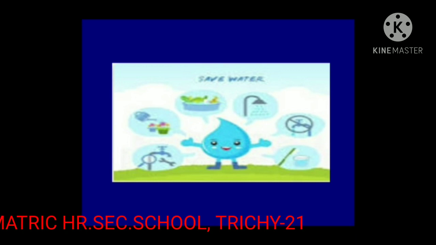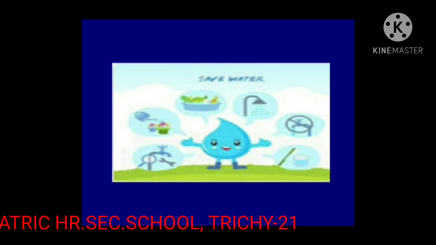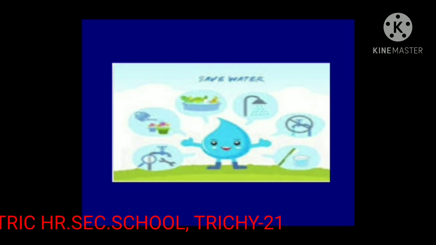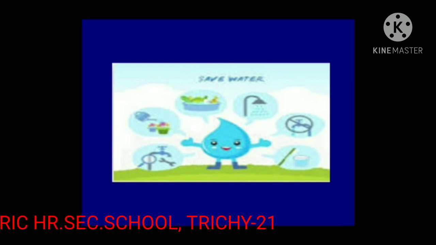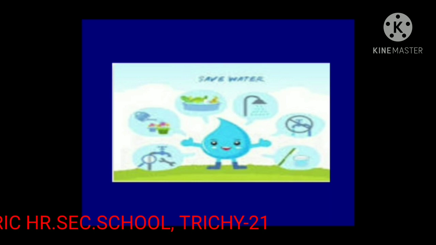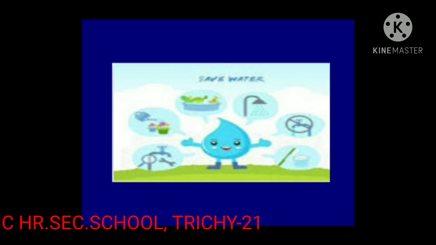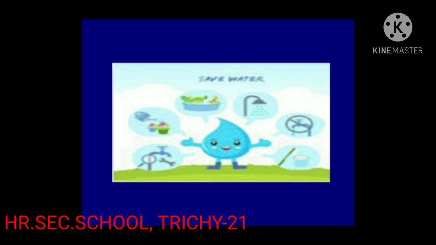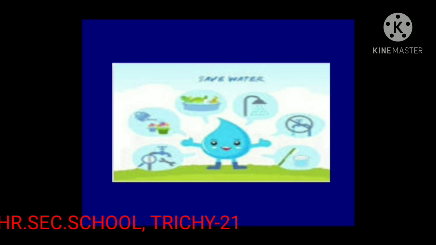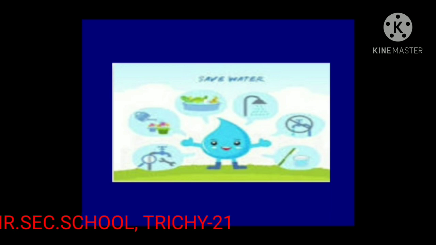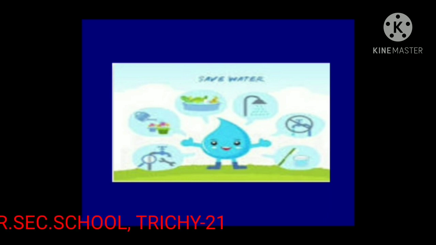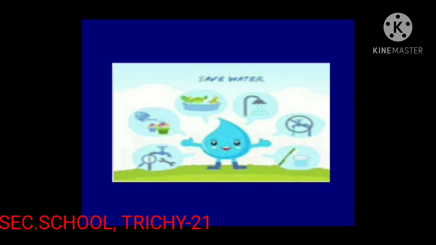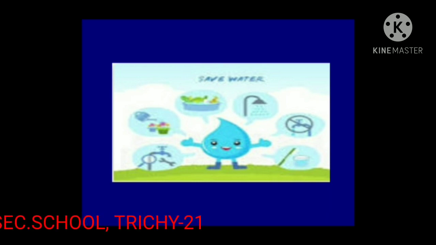Fresh water is necessary for the survival of all living organisms on earth. Our bodies are made up of about 60% of water, and we cannot survive more than a few days without water. So, water is a precious substance that meets our physical needs while at the same time being of great spiritual importance to many people.